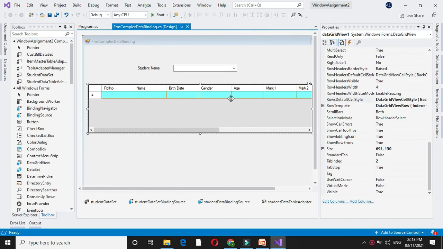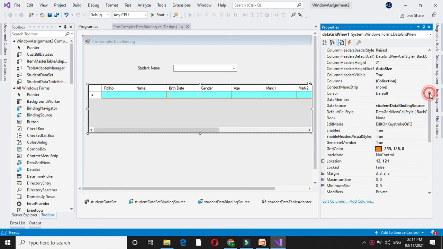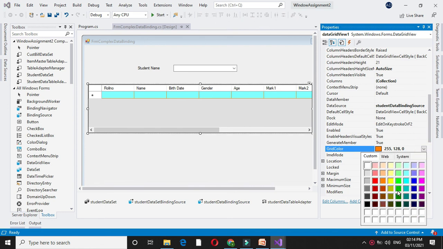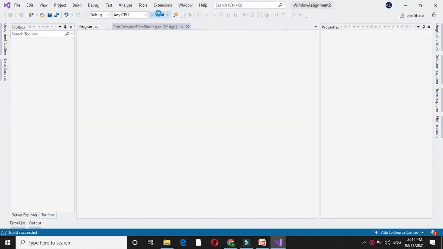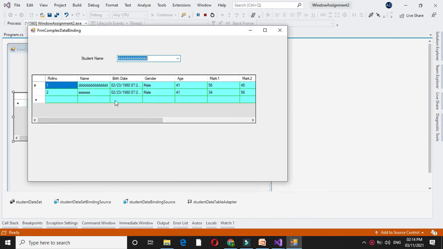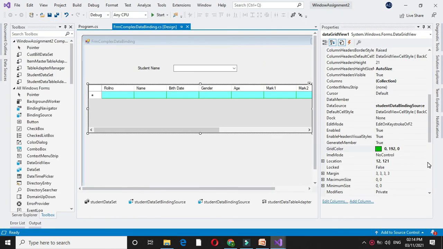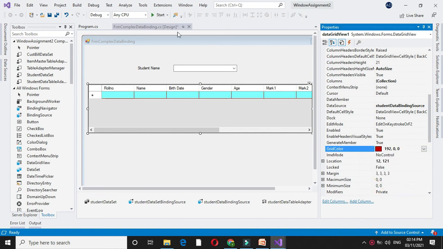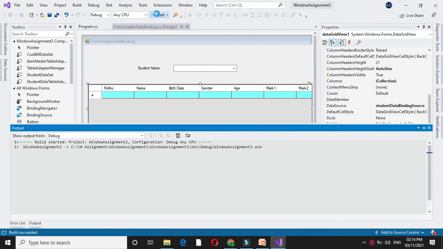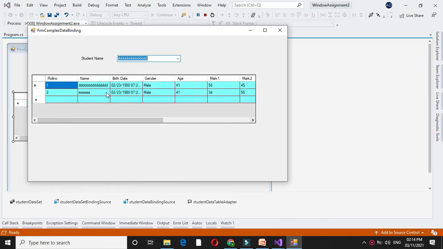And if you want to change the grid color, you can set it through grid color property. If I execute, the grid color line is changed to red.